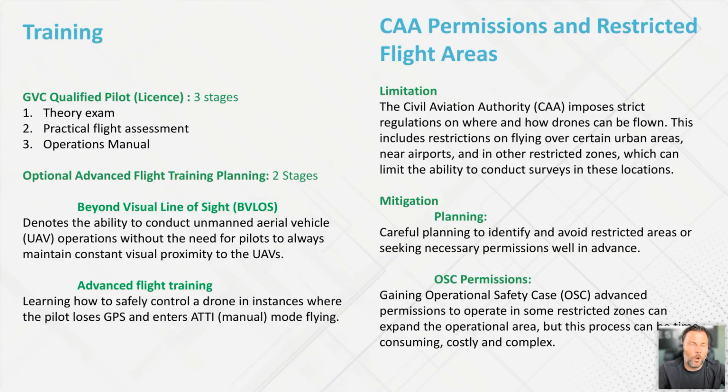And working with the Civil Aviation Authority is quite difficult. It can be likened to maybe trying to communicate with HMRC. As a government organisation that definitely haven't got enough staff, you have a tendency to submit your application for your